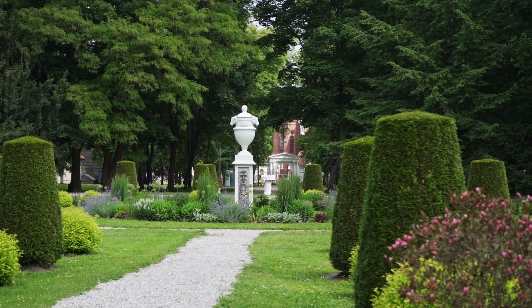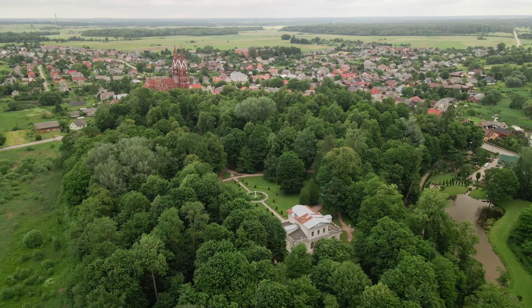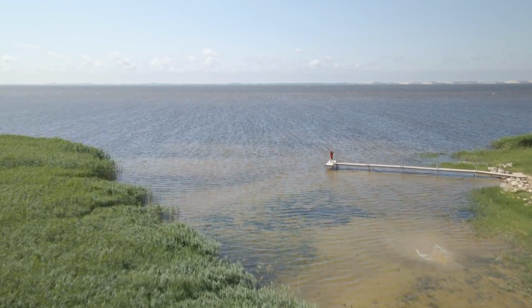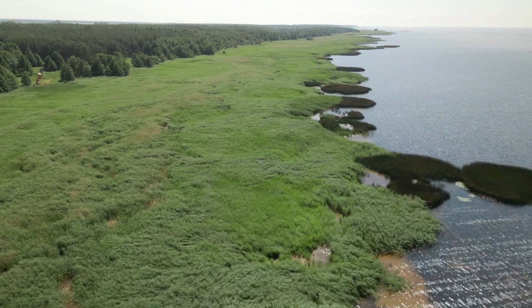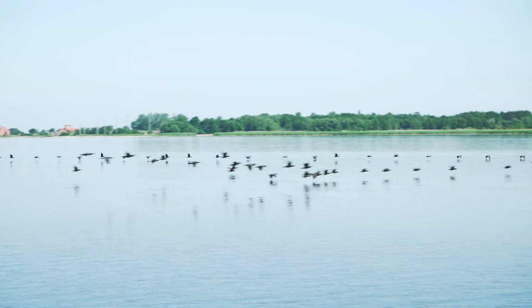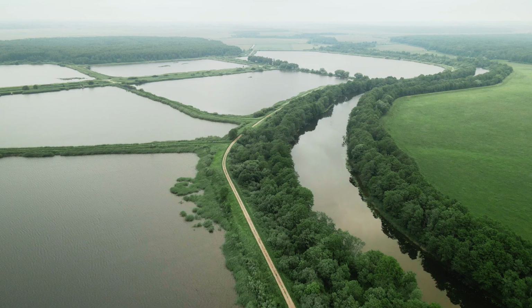The villa has a beautiful park adorned with classical sculptures, perfect for a short walk. Overall, I really enjoyed the trip to Šilutė district, which is definitely worth getting to even from Vilnius. In recent years, the region is gaining traction among Lithuanian travelers who seek a different landscape compared to the rest of the country. It is definitely one of the best places in Lithuania for those who enjoy fishing, sailing, and bird watching. The district is also very suitable for bicycle trips, especially in the Nemunas Delta Regional Park, and